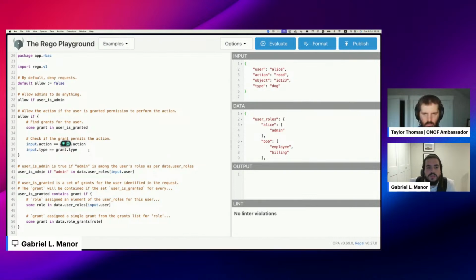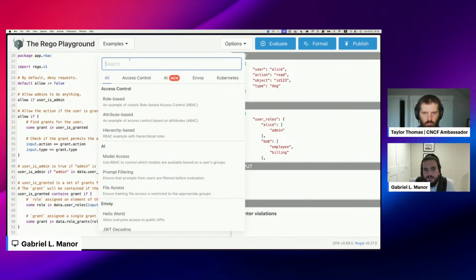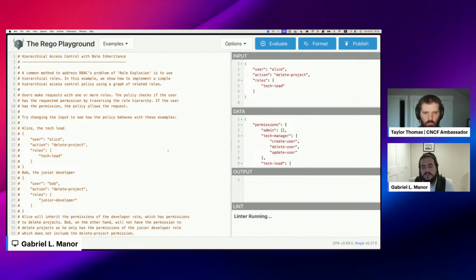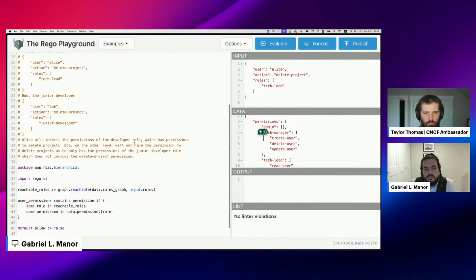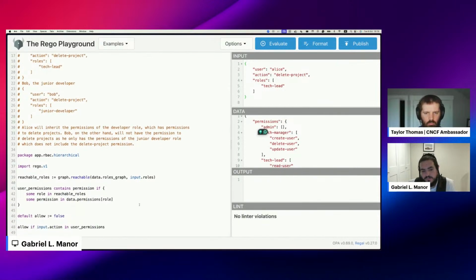For example, hierarchical role-based access control, where users can inherit other roles and other permissions, and then we can make it a little finer. We can also use things like tenants in our application, and assign users a role in tenants, and then we have a finer resolution, but yet it's not that